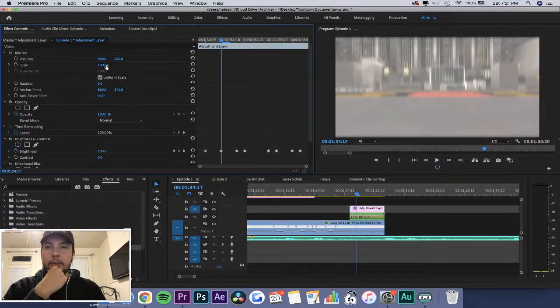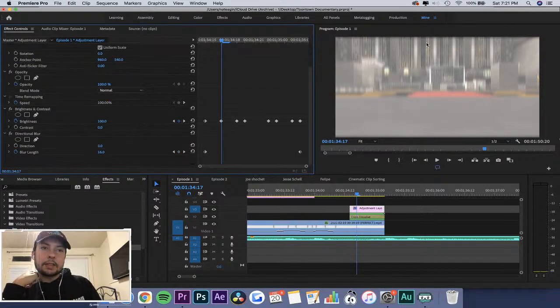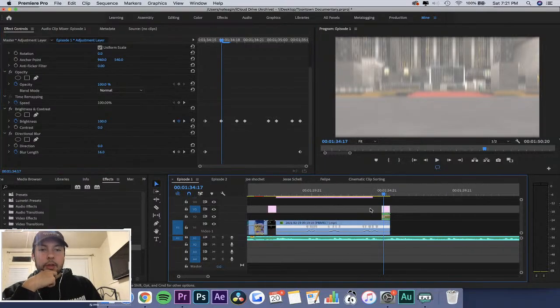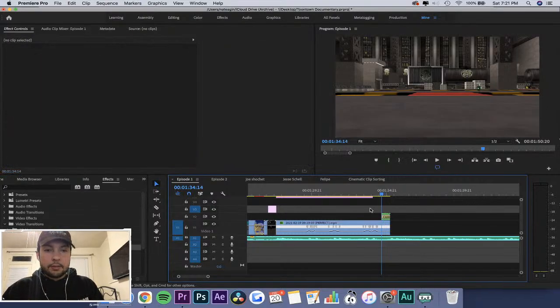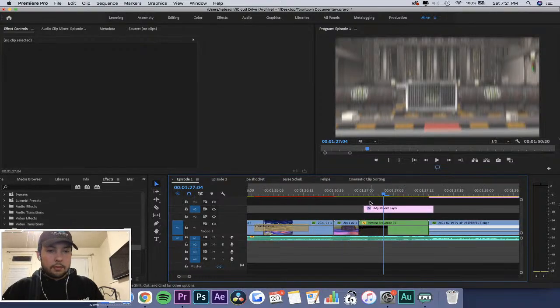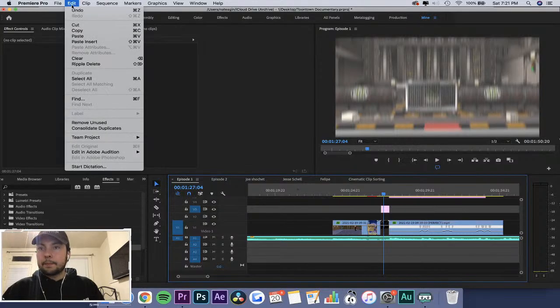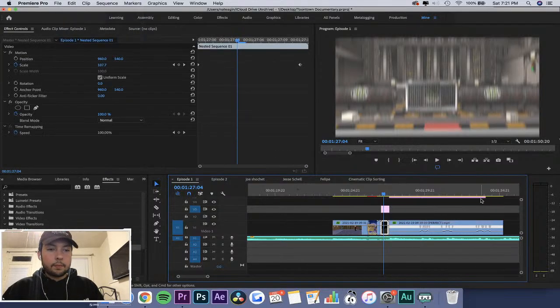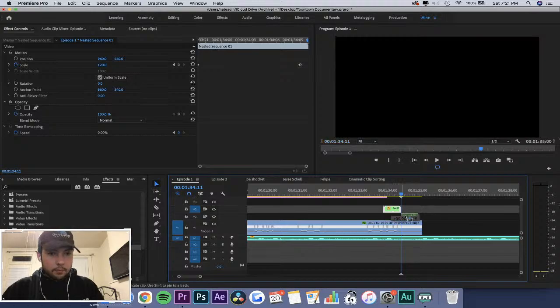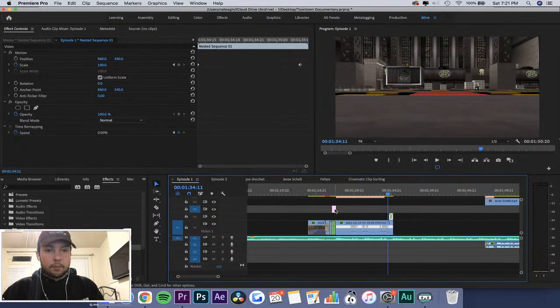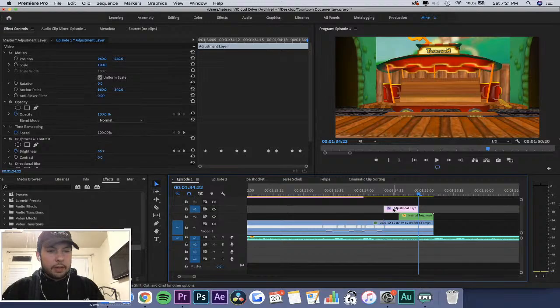Can you scale adjustment layers? Oh, damn. I just hate the way this outline gets on here. What is happening from the directional blur? Oh, actually, you know what? What I could do to solve that, what I should have done a while ago. Actually, no, I'm not gonna do that. Wait, can you? Yeah, you can nest that.